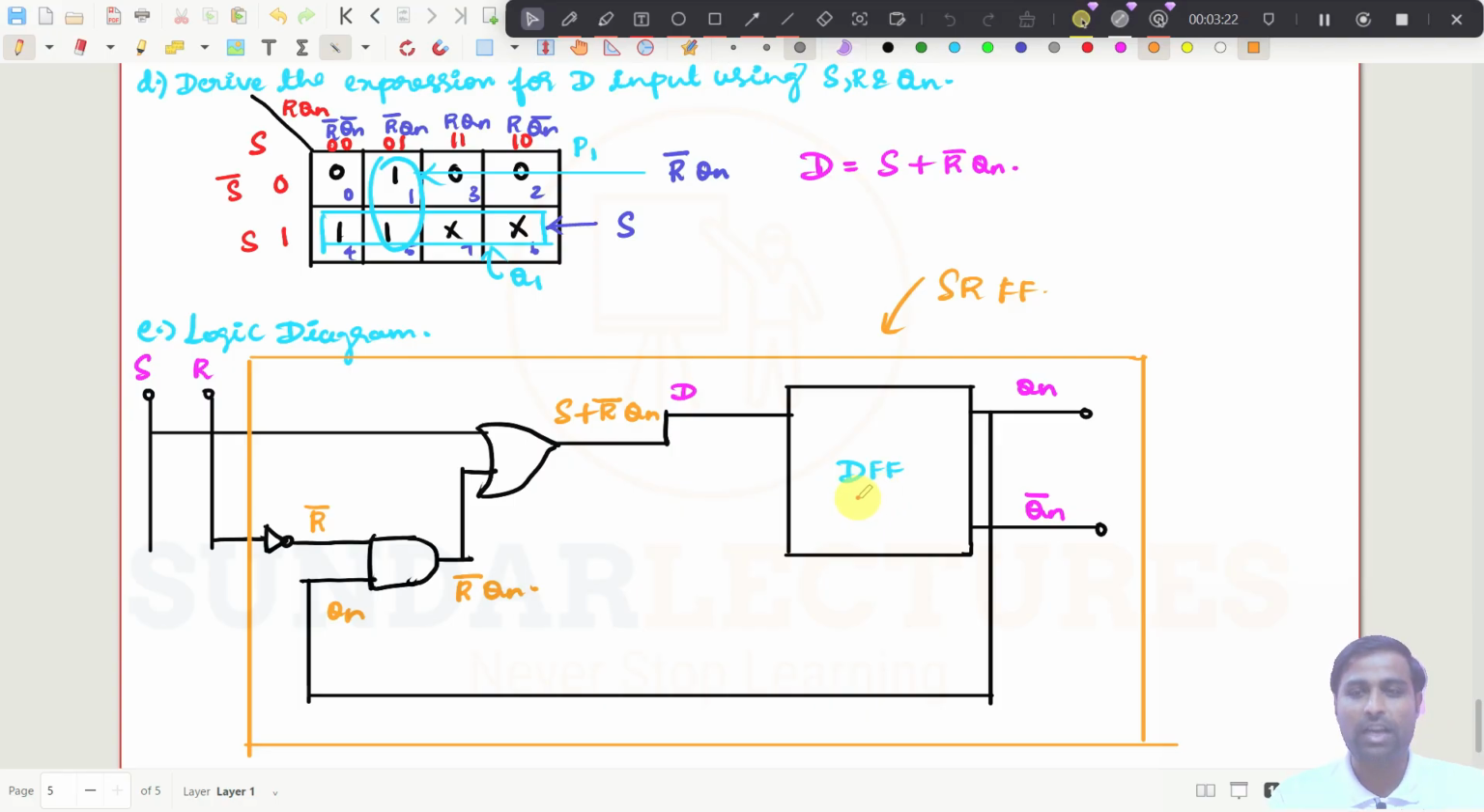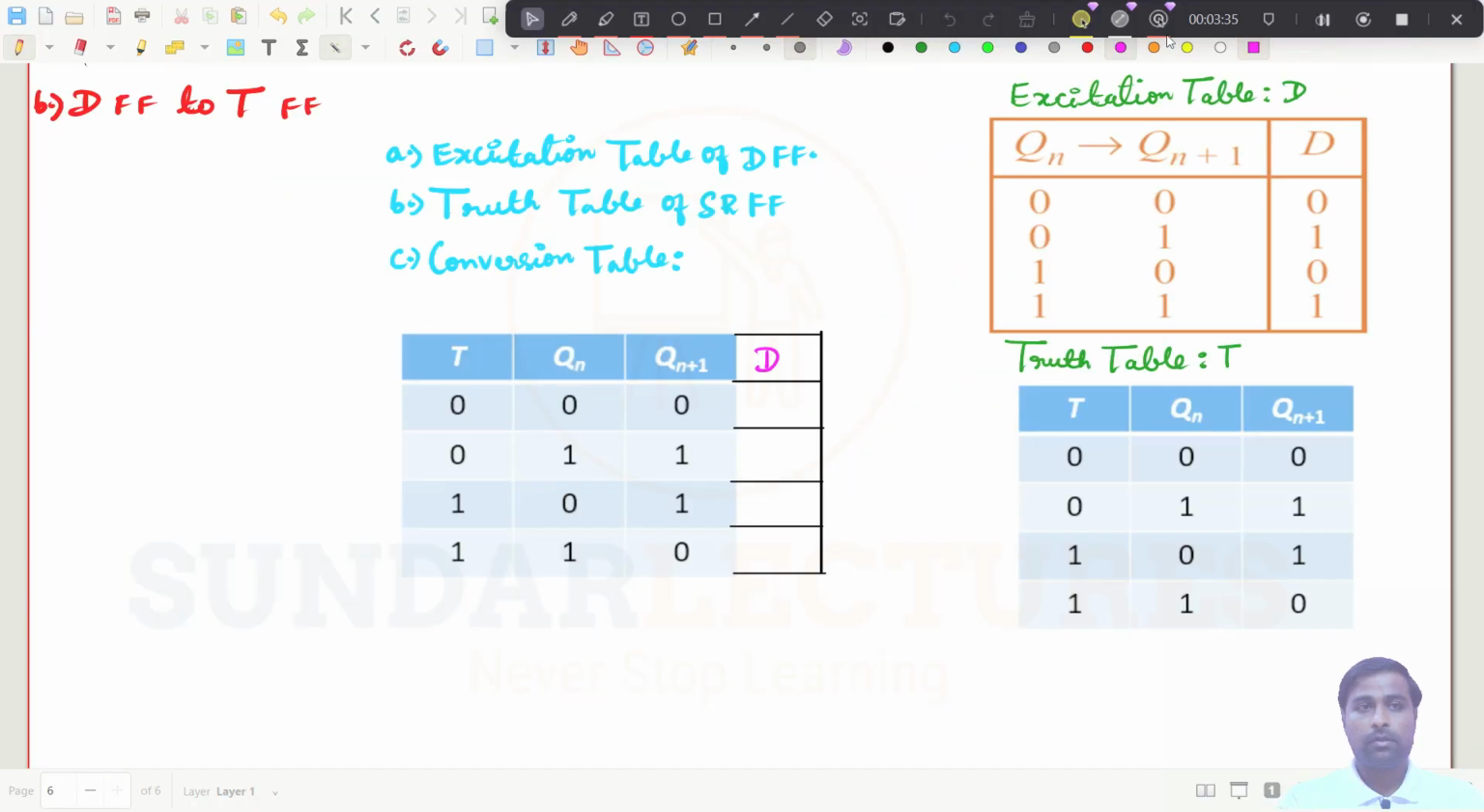And so we will continue to the next one. I will go much faster now because you would have understood all the concepts. So I am going to do T flip flop using D flip flop now. So now you can see here I have just taken the next one. That means we are going to convert D flip flop into T flip flop. So what are all the contents we need? First, the excitation table of the D flip flop that I have taken, and the truth table of, not SR flip flop, actually